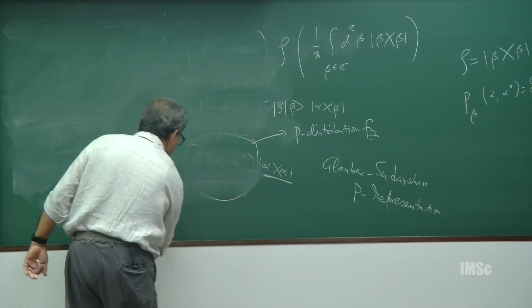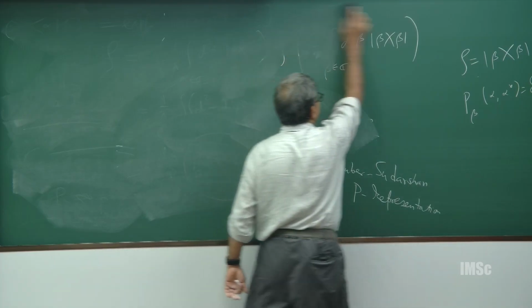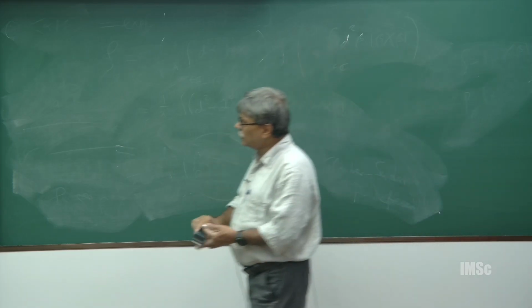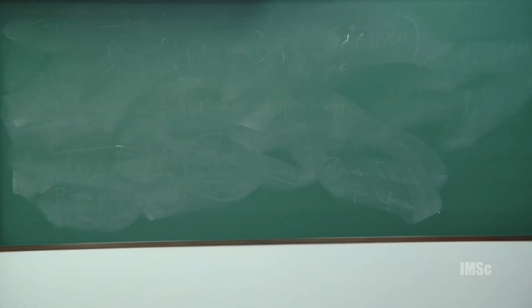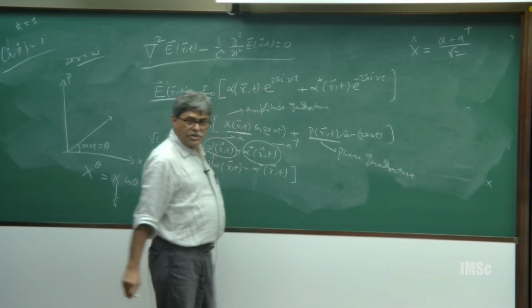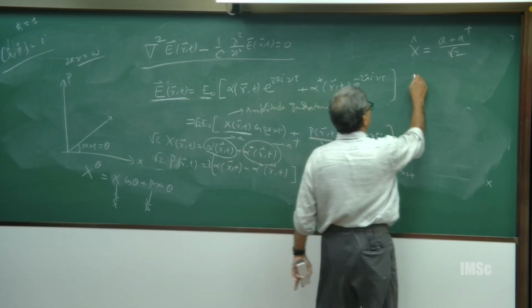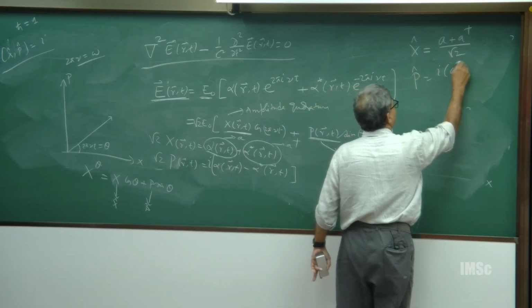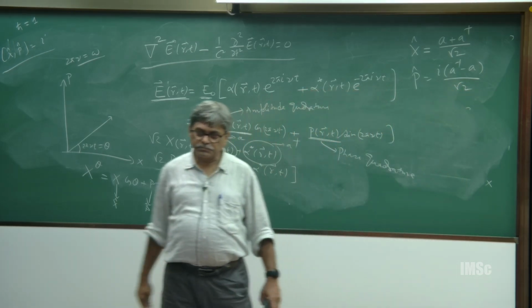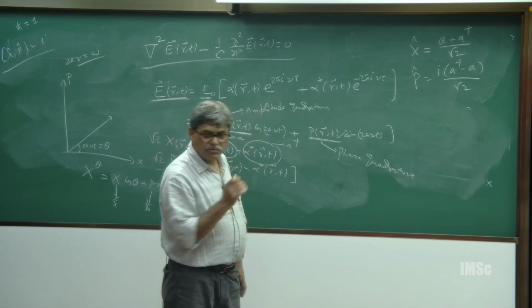So, now if I look at this, in other words, you see that this x should correspond to (A plus A dagger) by root 2, right, and this p should correspond to (A dagger minus A) by root 2, I think so. Okay. I think so, right, you can verify this.